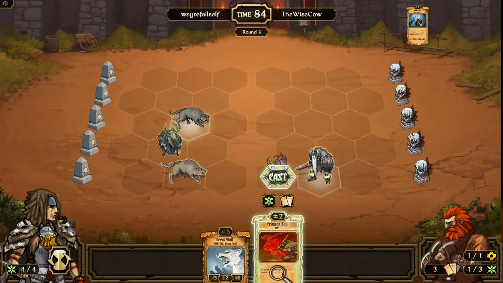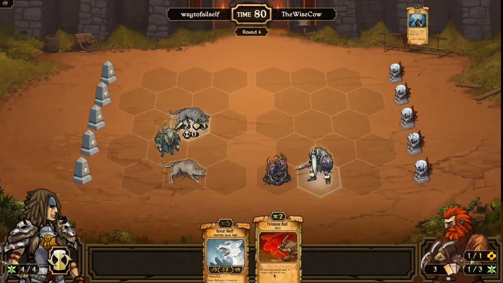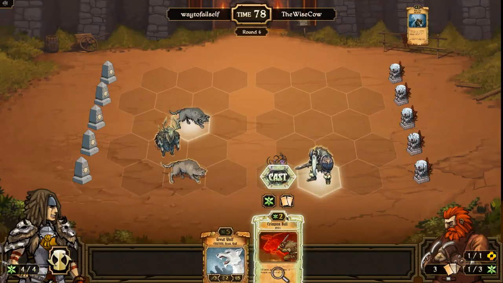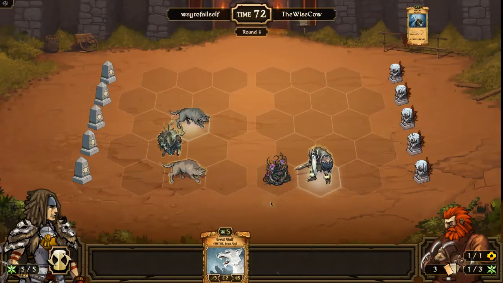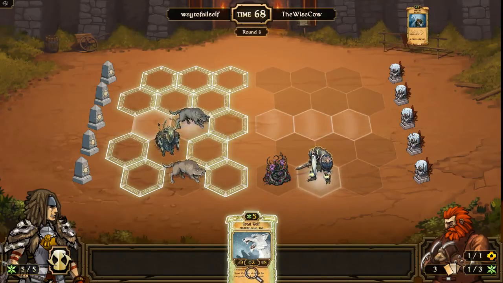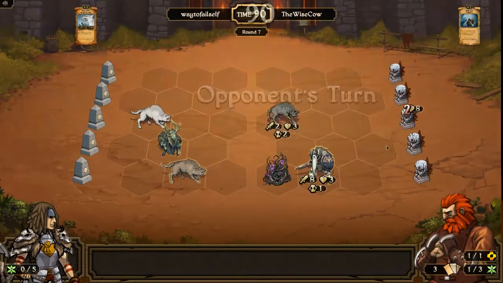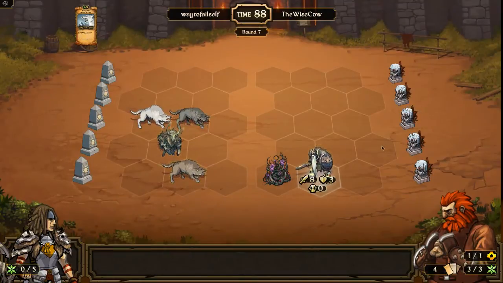Alright, Crimson Bull is a great spell. It is. All units you control get +2 attack until the end of turn, but it's not a great spell for me right now. Guess the question is, do I want to get Great Wolf out there? I think the answer is yeah, I want to go ahead and do that. Said not in the awesomest position ever, but